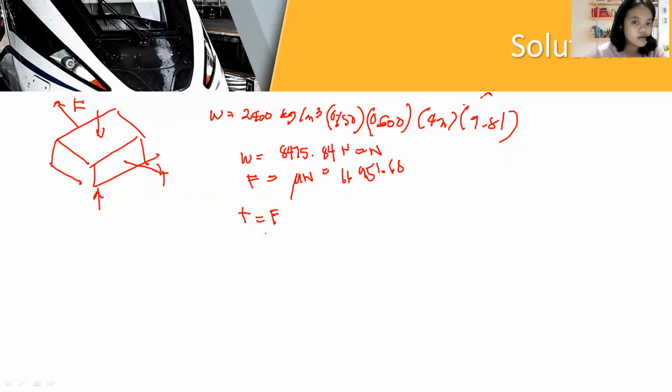And yung ating tension force, sabi natin kanina, equal dapat sa ating stress times the area. So, meron tayo 0.83 stress per bar. Tapos yung area natin is pi,